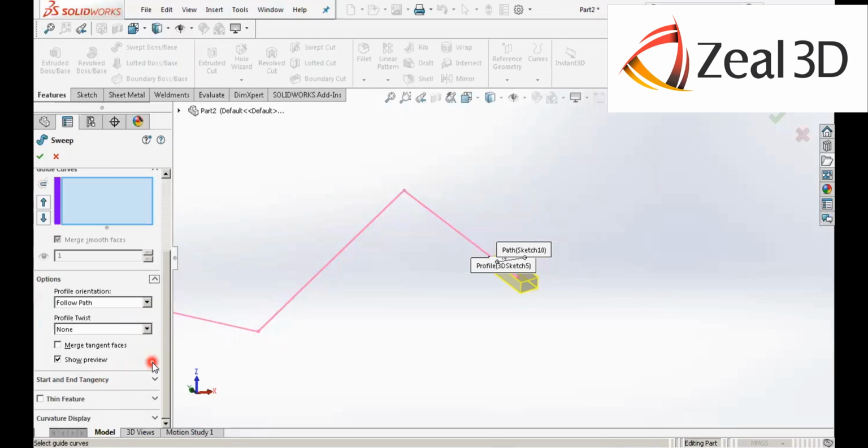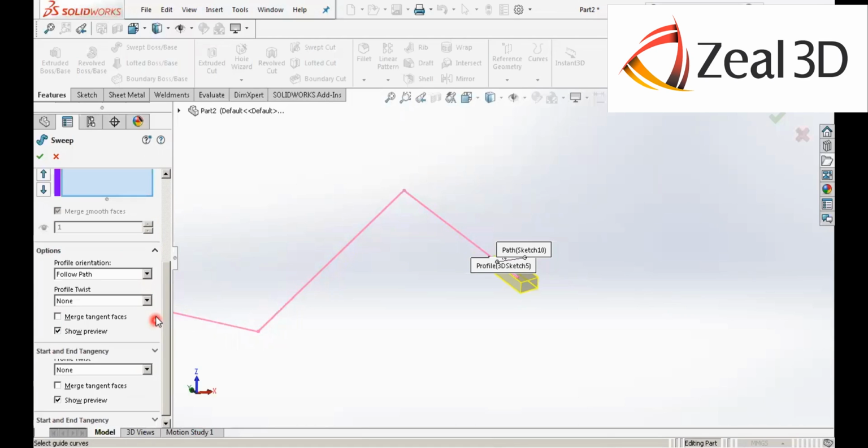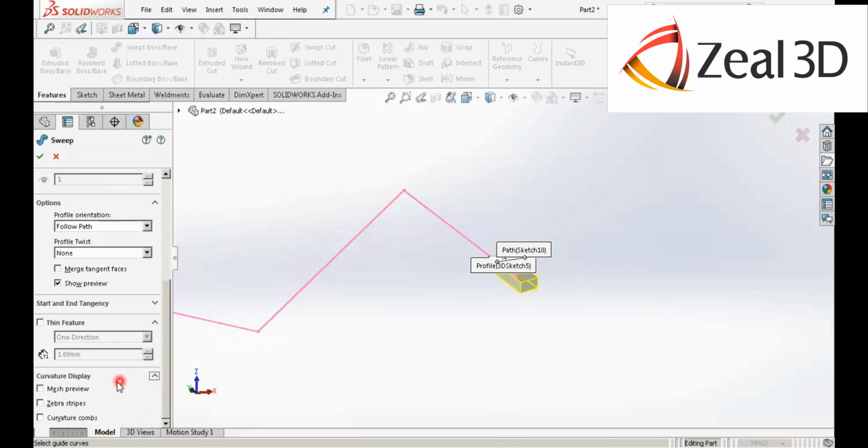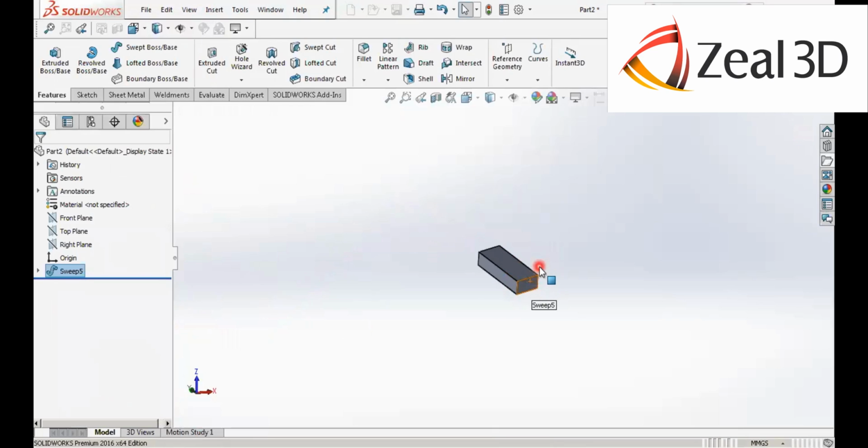Now there are also other options for providing the profile orientation, wherein we can provide the follow path and even the profile twist across it. And then there is also an option of thin feature, but for that the profile needs to be accommodative enough to provide a thin feature out of it, and we can provide the thickness for it. The curvature display is also there, so that we can see the curvature,